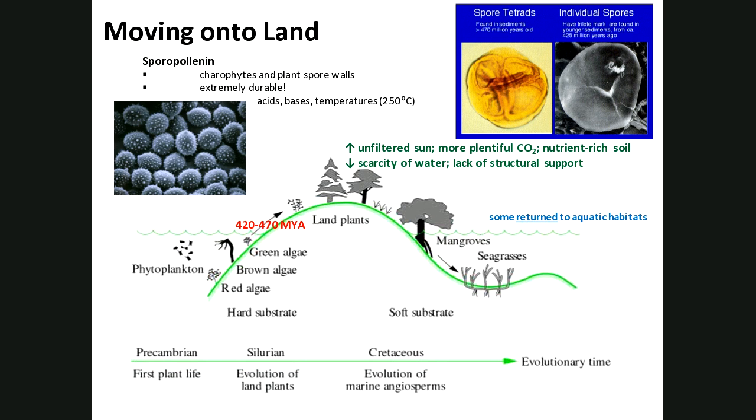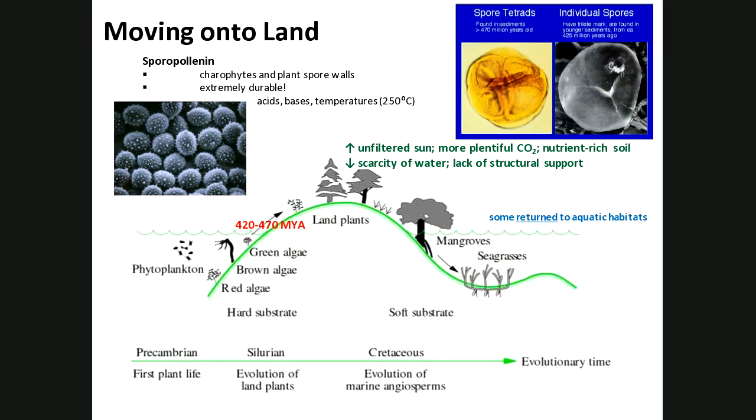Now, when they got on the land, of course, like we said, one of the problems was the desiccation. That was a real concern. But there were some good things too. So for every bad, when an organism moves into an environment, everything that it has to deal with or try to adapt with or go extinct, which usually happens, there are sometimes things that say, okay, well, this is actually a benefit of being here, because yes, there was the scarcity of water, there was the desiccation problem, but there's